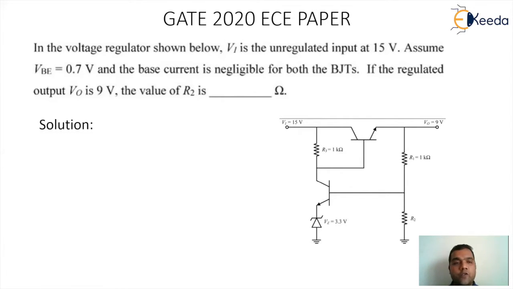So when we start with the solution, we can write the drop across the R2 resistor is as good as the drop of Zener voltage plus the VBE. So this is as good as the base voltage of the first transistor. The value of VZ is available with us. It is 3.3 volt and the value of VBE is standard as 0.7 volt. So the value of your VR2 will come as 4 volt.